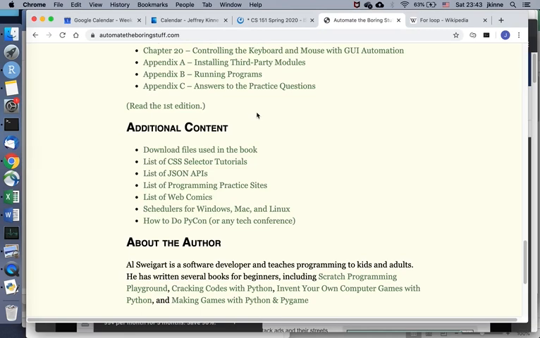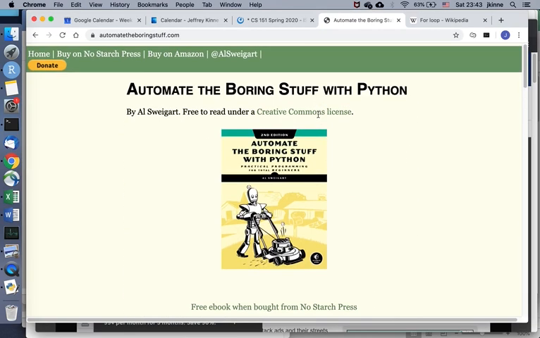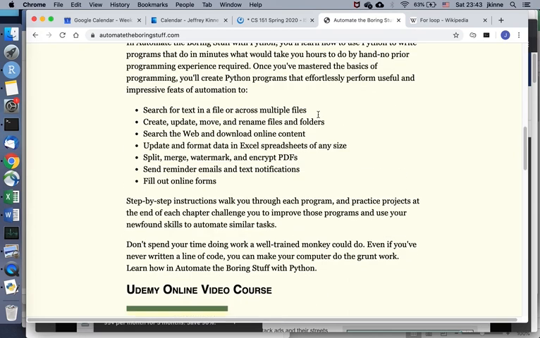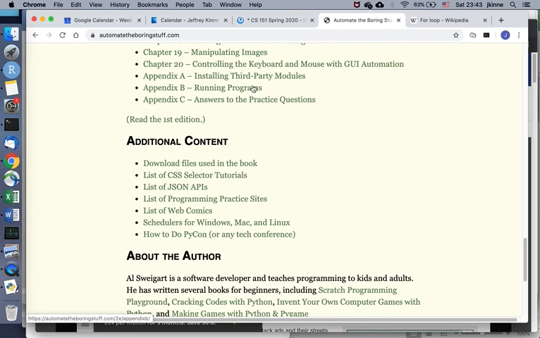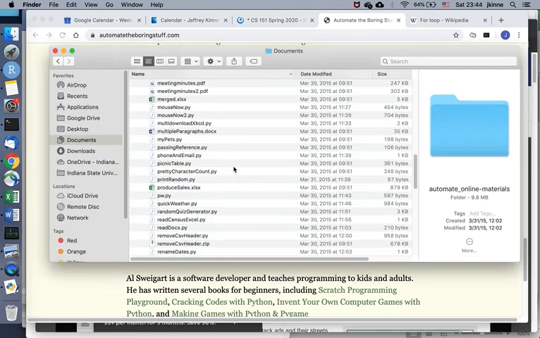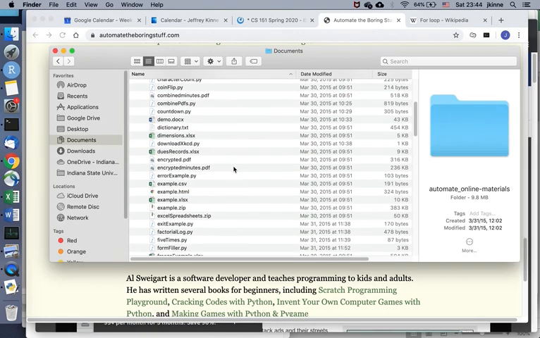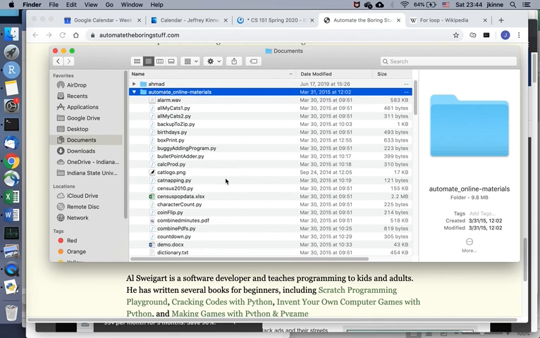We are looking at files from Automate the Boring Stuff. So if you're at automatetheboringstuff.com, then after the table of contents, there's additional content. If you download files in this book, there's a zip. You unzip it, and so you download it, unzip it, and there's a directory like this with a bunch of